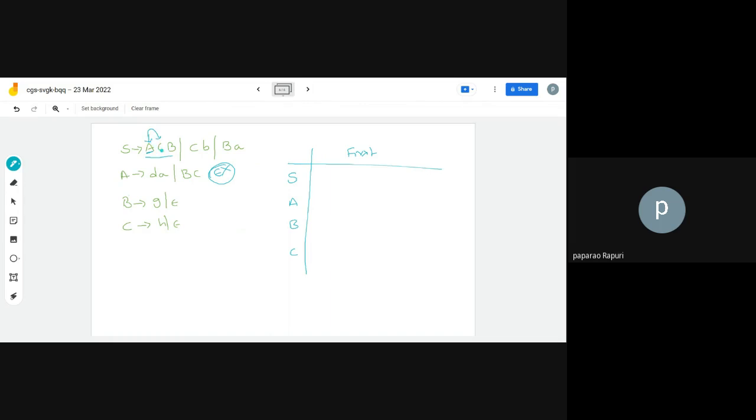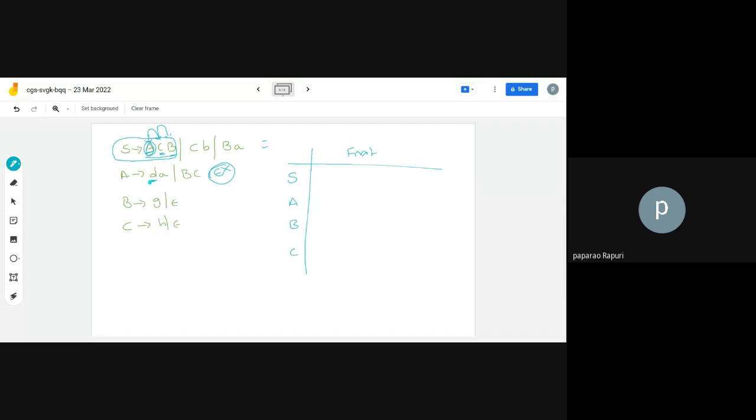We need to go for first of C. Suppose C is also producing epsilon, then we need to go for first of B. But here A is not producing any kind of epsilon, so no need to move to the first of C and first of B. From this production, first of A means